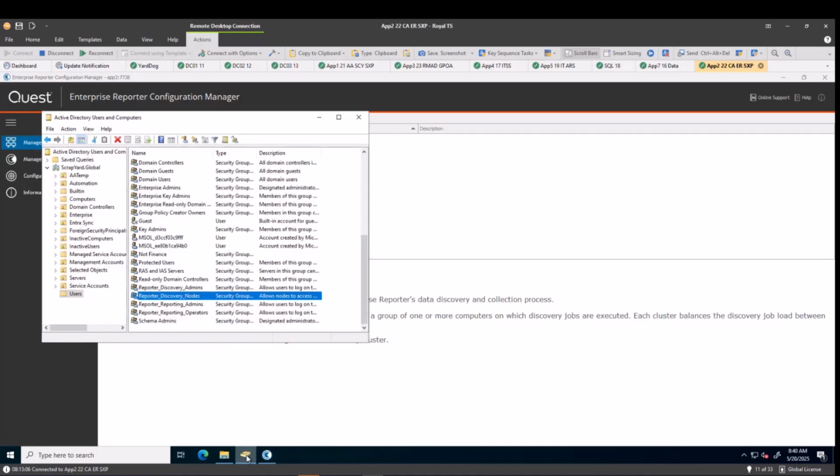When Enterprise Reporter was installed, it created groups within Active Directory: the Reporter Discovery Admins, the Reporter Reporting Admins, and the Reporter Reporting Operators. All of those are designed for RBAC capabilities, and you can add yourself and other users to those groups as needed. But the one group that we do need to pay attention to is the Reporter Discovery